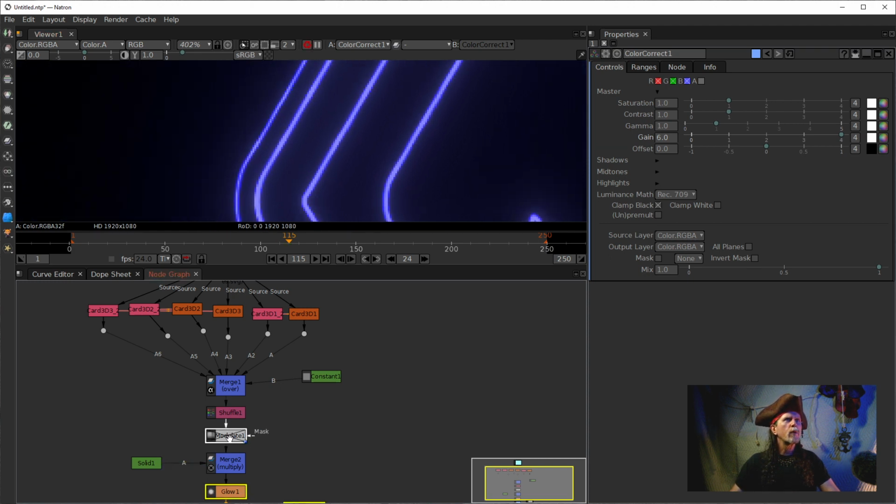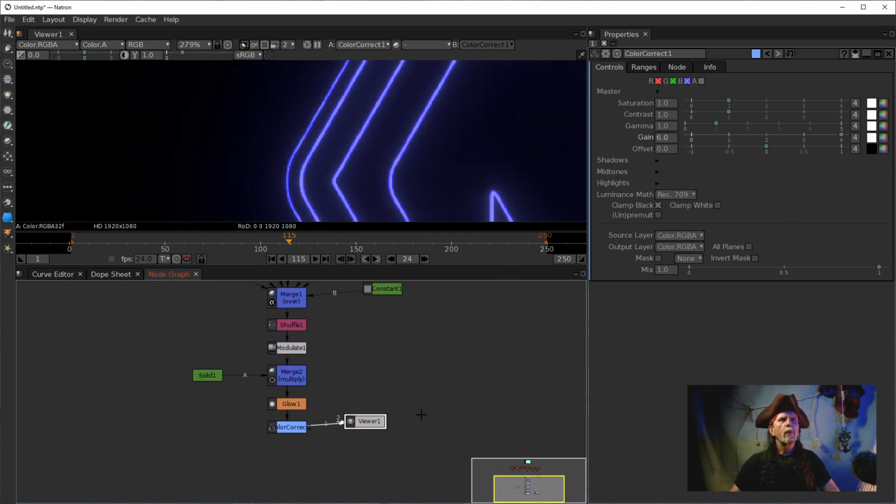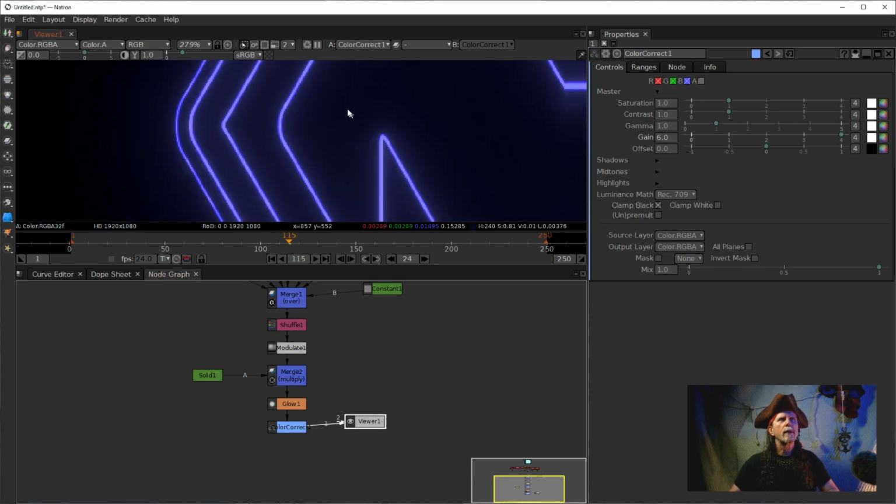And it'll look better when it's all done. The modulate's going to make this whole thing brighten and darken. We happen to be looking at a very bright point. It will make it more visible. Anyway, we need to, at this point, the big problem we have...